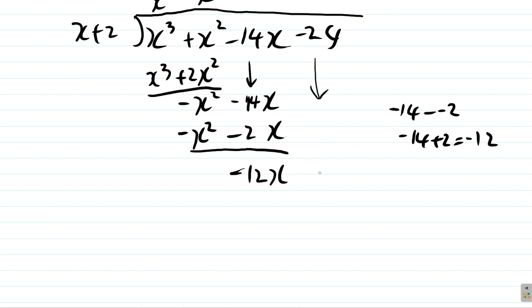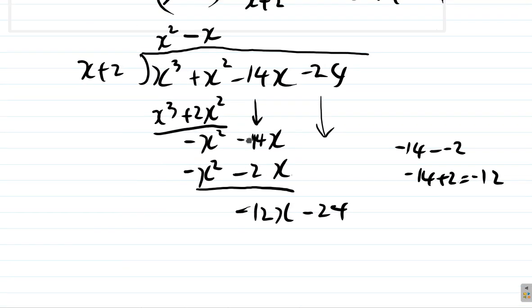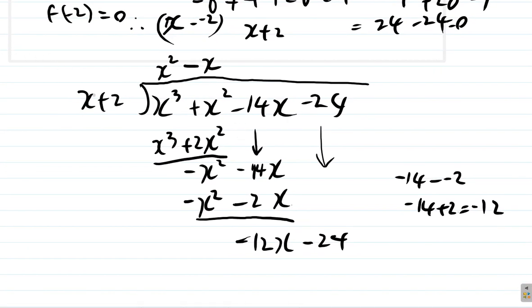24 minus 0 is 24, so you bring it down. Minus 24. I said 0 because there's an invisible 0 there. I subtract. It's a negative 24 minus 0. But anyway,